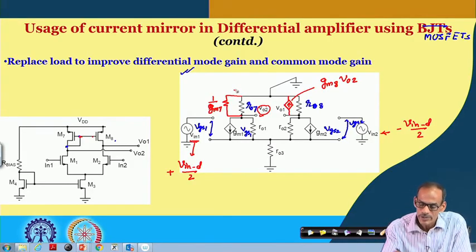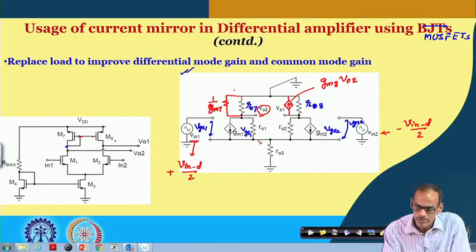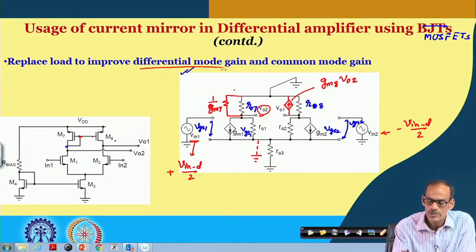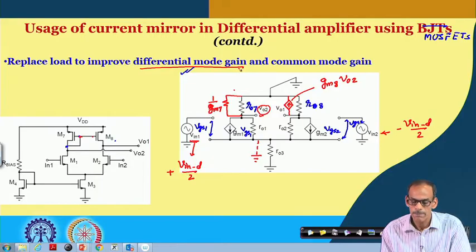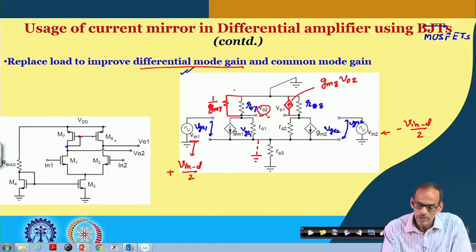Even though the left circuit and right circuit are not perfectly balanced, approximately you can consider that this is AC ground. So, this is for differential mode operation, and the voltage coming here at VO2